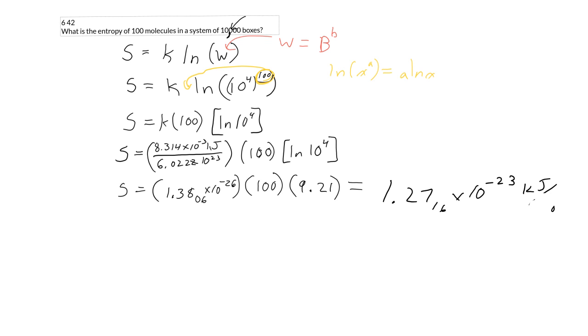So we want to make sure that we're aware of that, because they often ask us to put entropy in joules. If they do ask us to put it in joules, remember